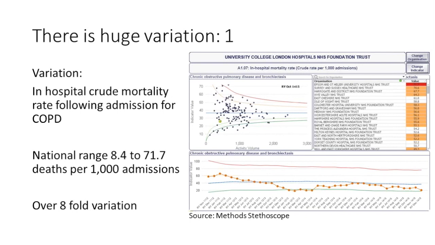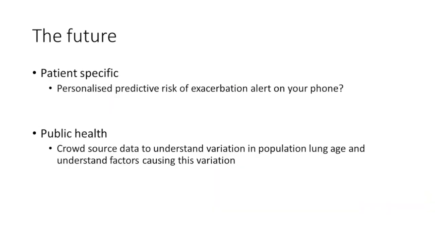And if you look at the trend line at the bottom, if I was a UCLH respiratory physician, I'd be pretty pleased with myself, because that's gone from above the national average, but not an outlier, to well below the national average and stayed there for a long period of time. And looking at the range of organisations nationally on the funnel plot, it's 8-fold variation in crude mortality. Now, as I say, you can't really use crude mortality as a comparator because populations and service structures are very variable.